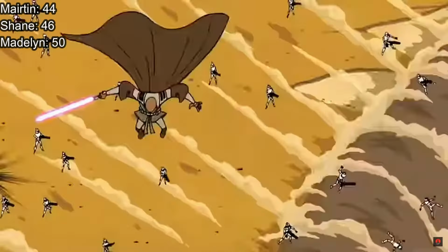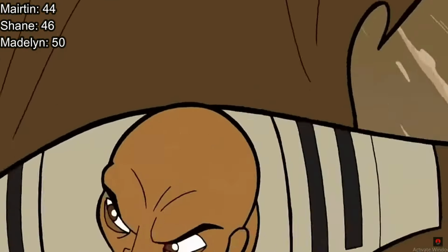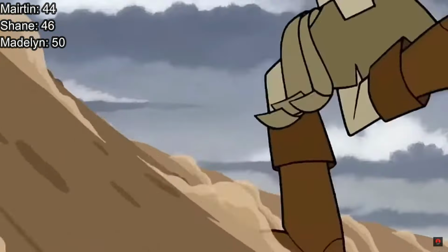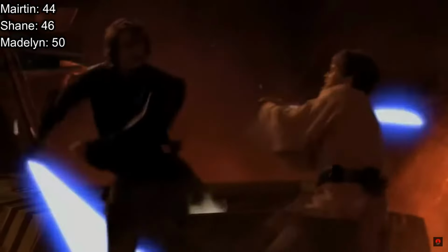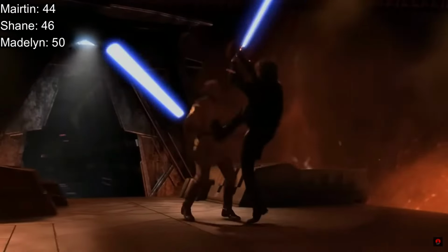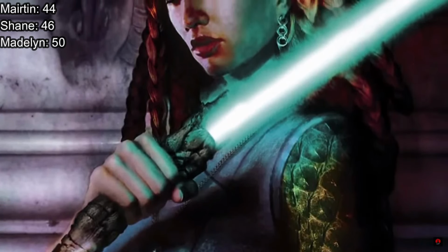If you got a score between 27 and 35, purple suits you best. You're a good guy at heart, but you struggle with darker emotions. If you score between 36 and 42, you are a Jedi Guardian and wield a blue lightsaber. You will use violence, but only in the service of a greater good. If you score between 43 and 44...